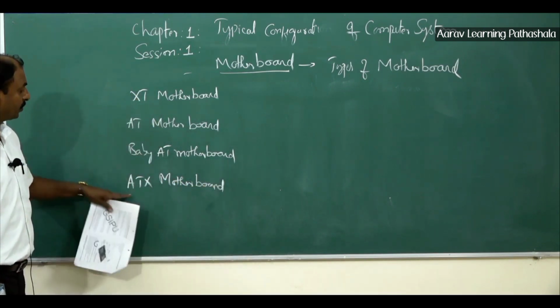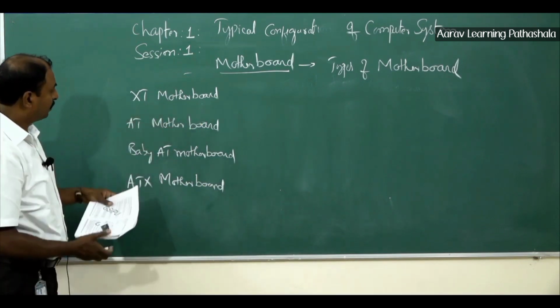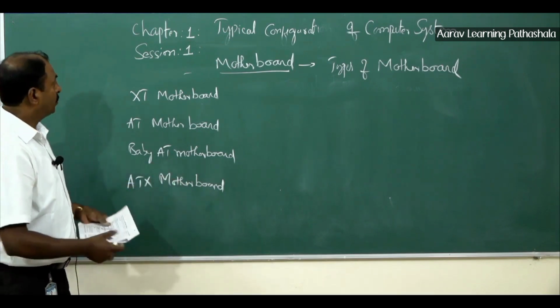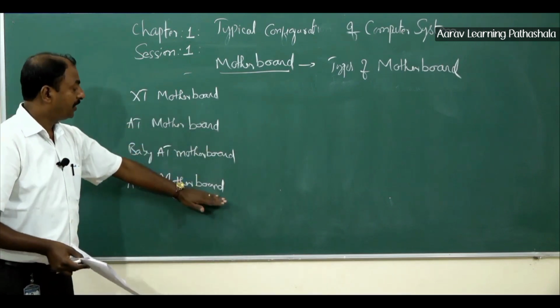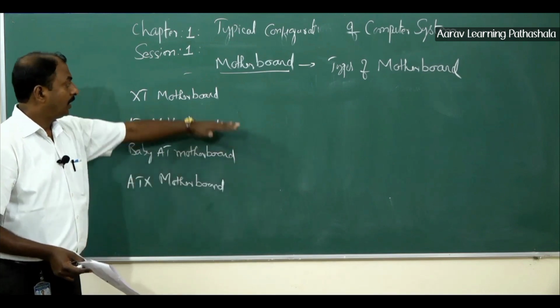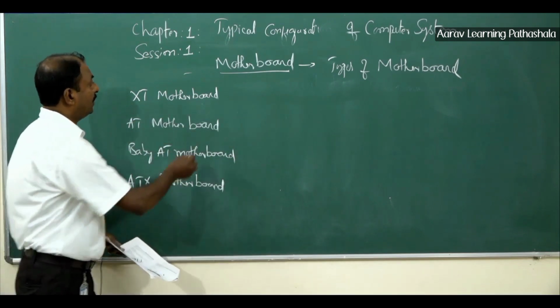There are four types of motherboard we have listed here: XT motherboard, AT motherboard, baby AT motherboard, and ATX motherboard. We are differentiating them by the different hardware components or developments in the field of information technology. So here, the XT motherboard